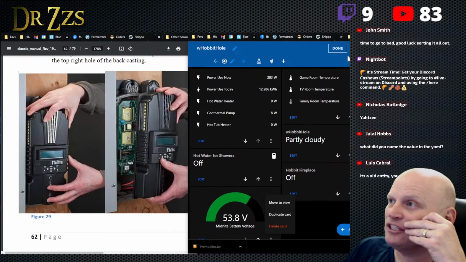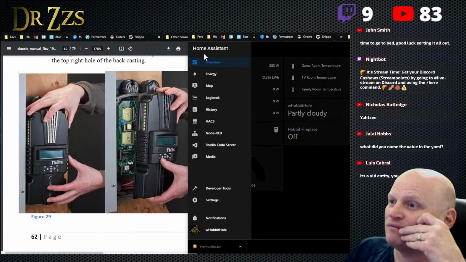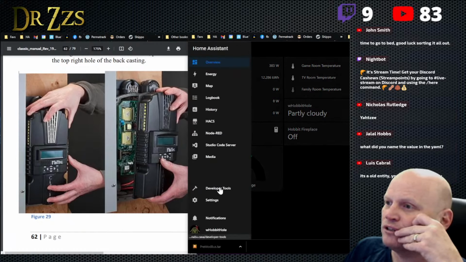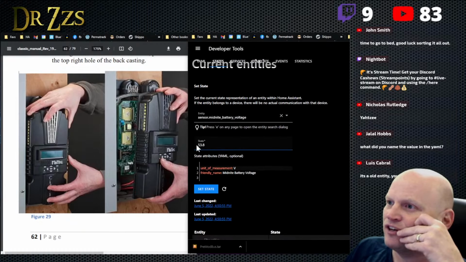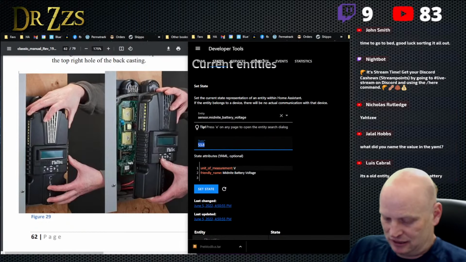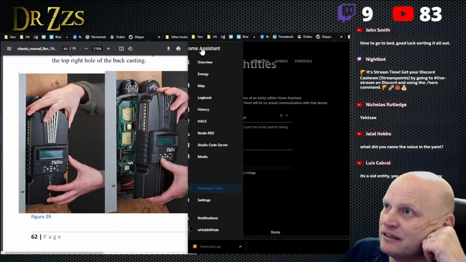Let's test the gauge card by going to, oh, this makes me warm and happy inside. We're going to go to developer tools, to the states page. We're going to pick that battery and just fudge the voltage for a minute. We're going to tell it that it's 48.5 volts temporarily. We're going to set the state to there and